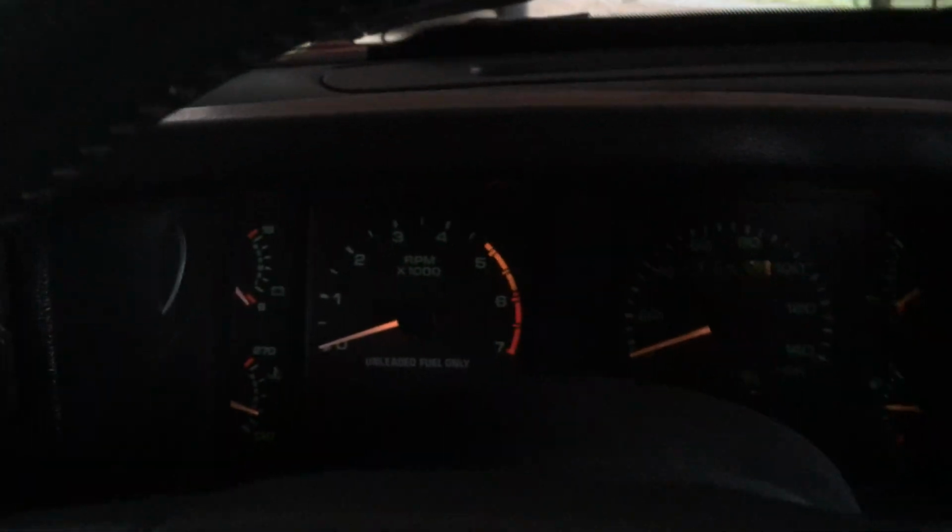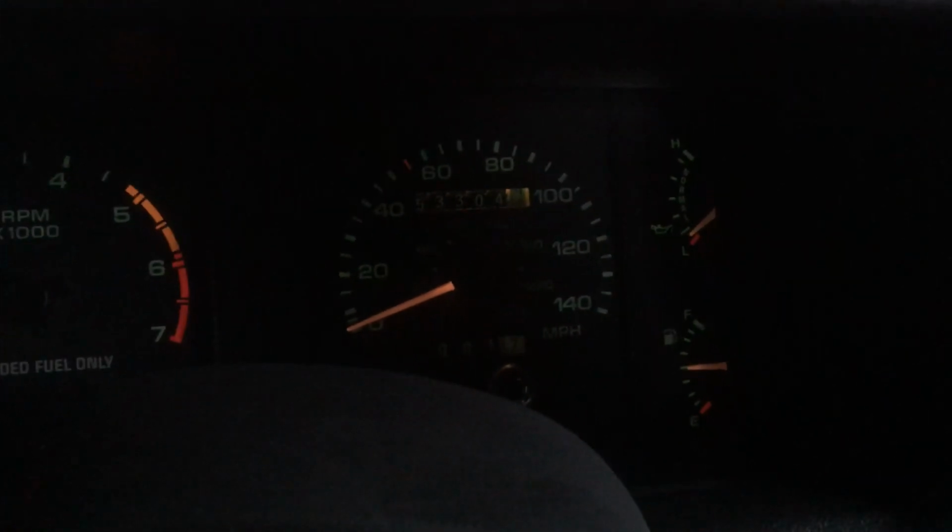As you can see, I got a half tank, but mine was reading all the way full, and it was like way above full, and no matter what, I could not get that thing to work for me. So I ended up dropping the tank because I thought my fuel was low, because I had a little cutout around the corner, and usually when I get a little bit of a cutout going around the corner, I'm like, okay, time to get some more gas. I know I'm low, and so this time, I had a click over a half tank. Got a little fuel cut around the corner, and